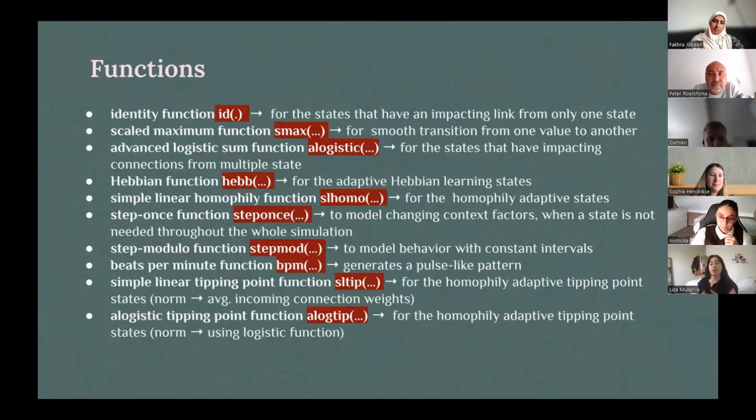In the presentation, in the models, there are various functions used. Most of them, I think you probably already know from the MATLAB modeling. It's the ID function, there's the Smax function, a logistic, there's the Hebbian and homophily for what I just explained, step one, step mod, and there's two new ones. So there's the BPM, which will be used in the first model. It generates a pulse-like pattern for the world state, and I will show you what it looks like so you have